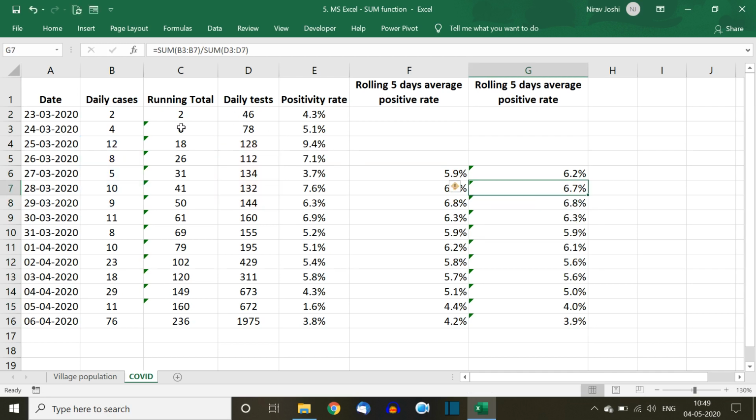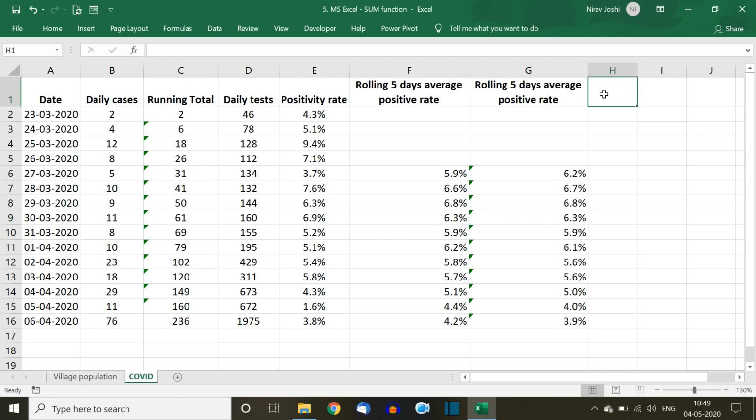Here what was happening earlier is, it was not shifting. The first cell was fixed and the last cell of the range was changing. So the range was getting extended to the next cell every time we drag it. But here the range is also shifting downwards. So the first cell as well as last cell would be changing, as we have not fixed the first cell in that range. So it will give us the rolling 5-day average instead of this cumulative data. So it will not give us cumulative average.